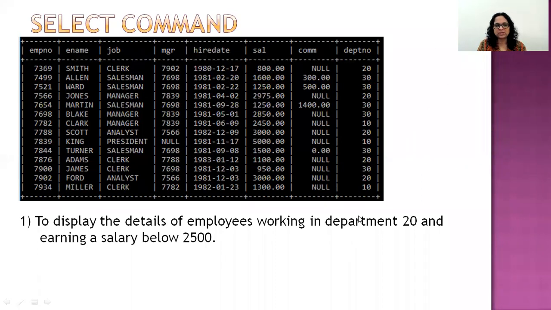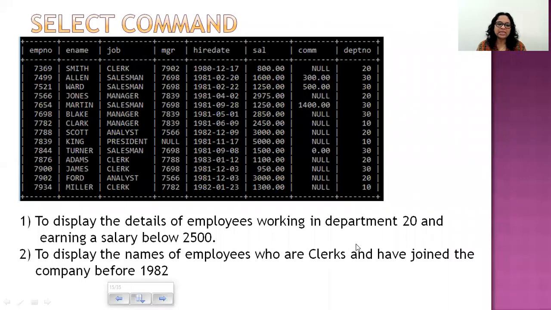Let's go to the next question. The next question is display the names of employees. Okay, so let me start writing. It said display the names. So I write select ENAME. Okay, I hope you know why not a star, because it didn't say details. Okay, from where? From EMP. Okay, now let's read the question. Who are clerks and have joined the company before 1982? So there are two conditions again, that the person has to be a clerk and he has to have joined the company before 1982. So where